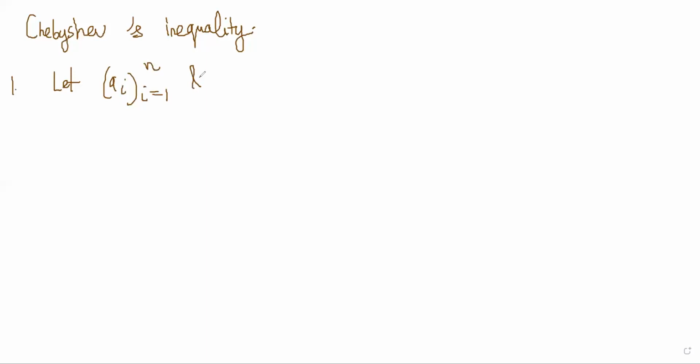Now we'll discuss something called Chebyshev's inequality, which is a direct consequence of the rearrangement inequality. So what is Chebyshev's? Let a_i, i goes from 1 to n, and b_i, i goes from 1 to n, be two sequences of real numbers,